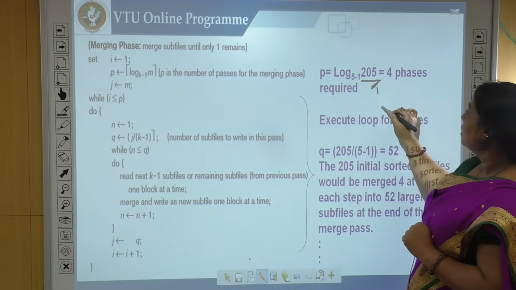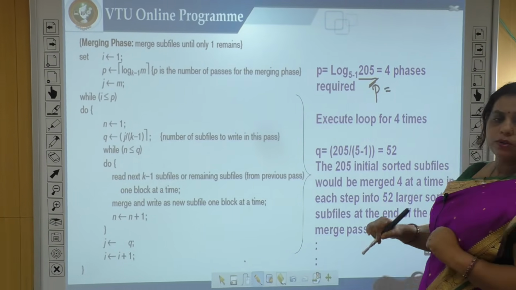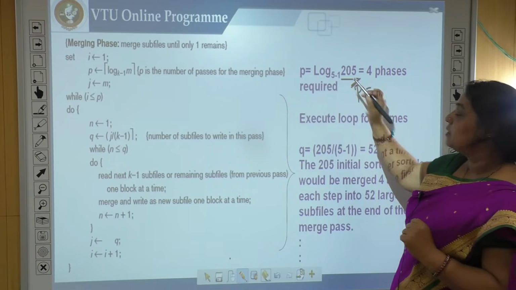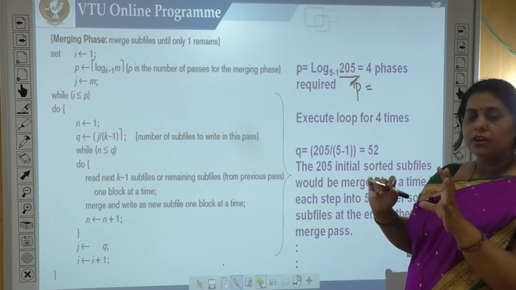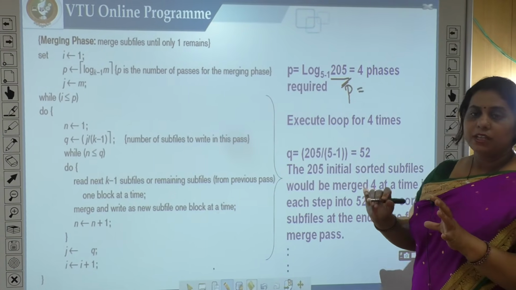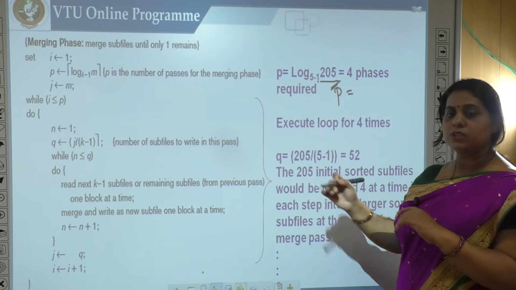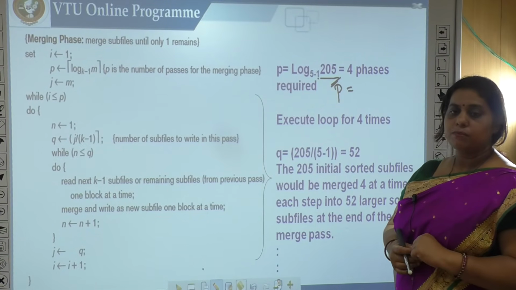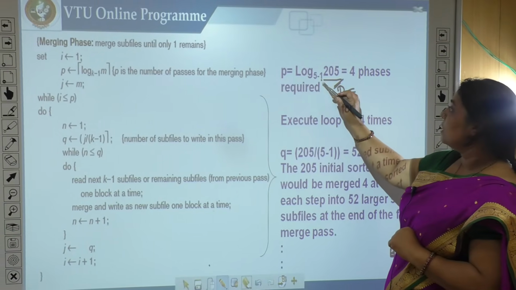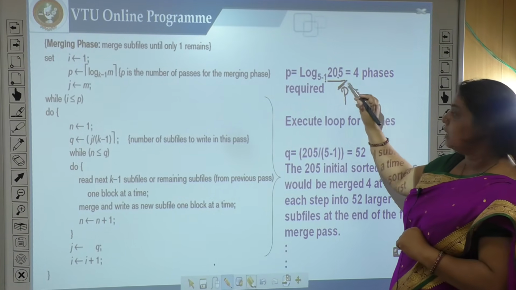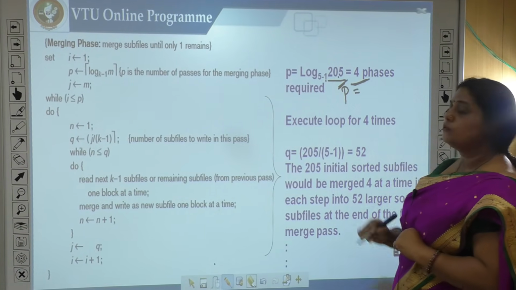I will find out P is equal to log to the base K minus 1. That is, I have 5 blocks available in the main memory, minus 1. Why this minus 1? Because I want to store the result in one of the buffers. So log to the base 4 of 205 will become equal to 4.